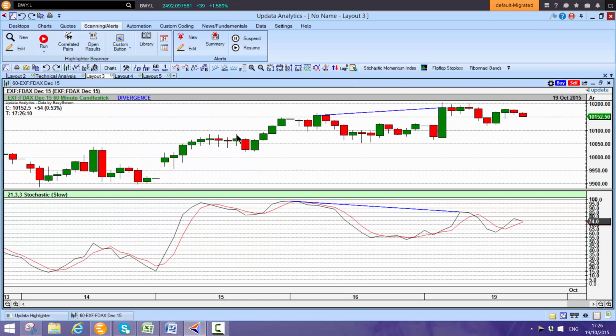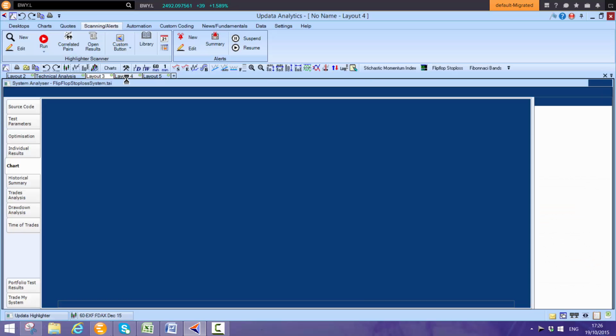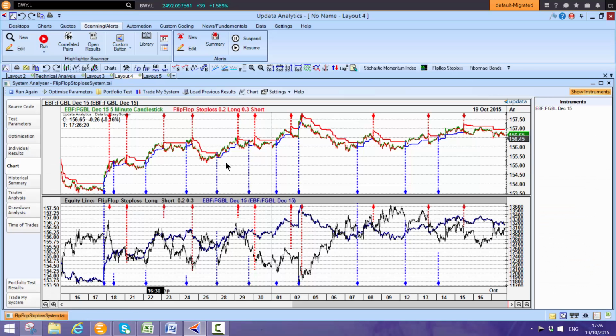So this one here we've scanned for divergence on the stochastic, and you can scan your universe of instruments each day to find that on different time frames, of course. And more and more, one of the more powerful features that people are using is